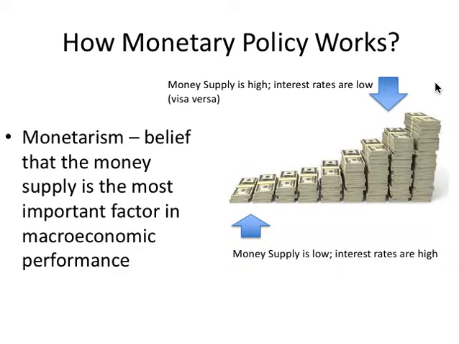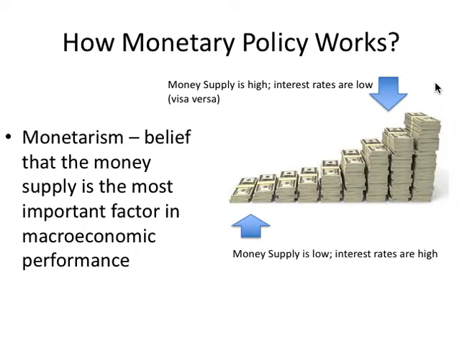So the lower the interest rate, the more money is available out in the economy. If the Federal Reserve sets the interest rate to a low level, it's going to be less expensive to go out and buy things, to take out loans for cars and houses and boats, or whatever it might be. So let's lower the interest rate, which results in more money available to the consumer to be able to purchase things.